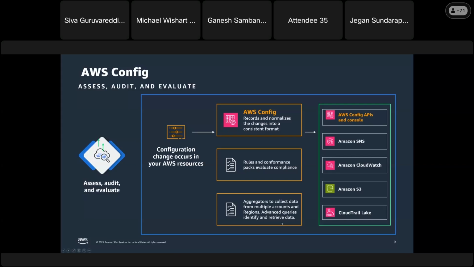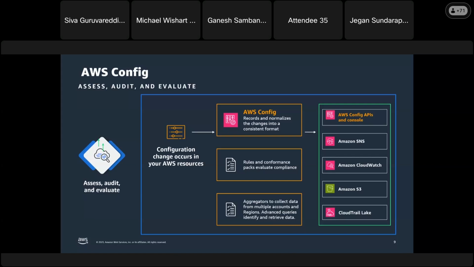Then there is a feature within Config called aggregator. When you have multiple accounts and multiple regions, aggregator helps you collect that information into one view, so you have a single pane of glass for all your AWS resources and their compliance.